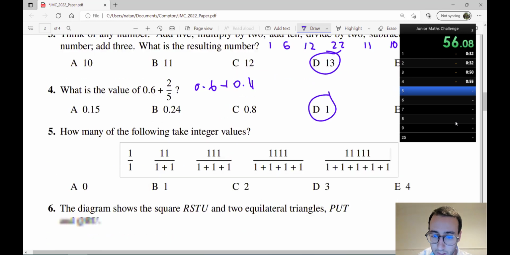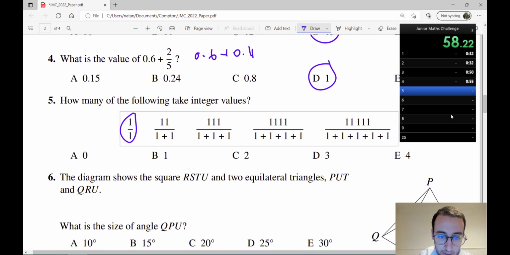What's the value of 0.6 add 0.4? That's 1, good. Integer values, okay, that's an integer. That's not, because the denominators are 2. This is a multiple of 3, because the digit sum is a multiple of 3. So this is not a multiple of 4, the top is not a multiple of 5, so there's only